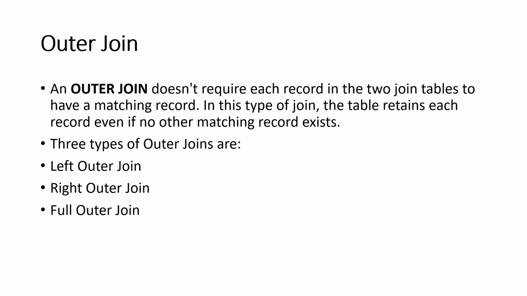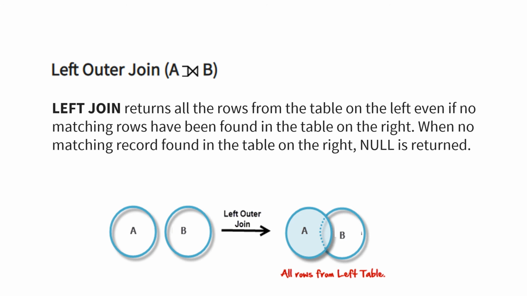So here we have three kinds of outer join: left outer join, right outer join and full outer join. Here we are seeing left outer join. We can check the symbol of it. We can see two sleeping lines in the join symbol. This is pointing to the left side of the tables. So this is how we can guess that we are taking only the complete part of the left table. So this tells everything about left join.